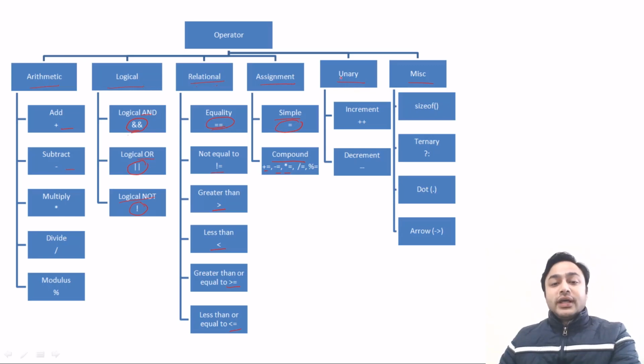In case of unary operator, there are increment and decrement operators, that is plus plus and minus minus. In case of miscellaneous, there is sizeof, which is a function. There is the conditional operator, that is the ternary operator, then the dot operator, then the arrow operator. So we will discuss these operators in detail.